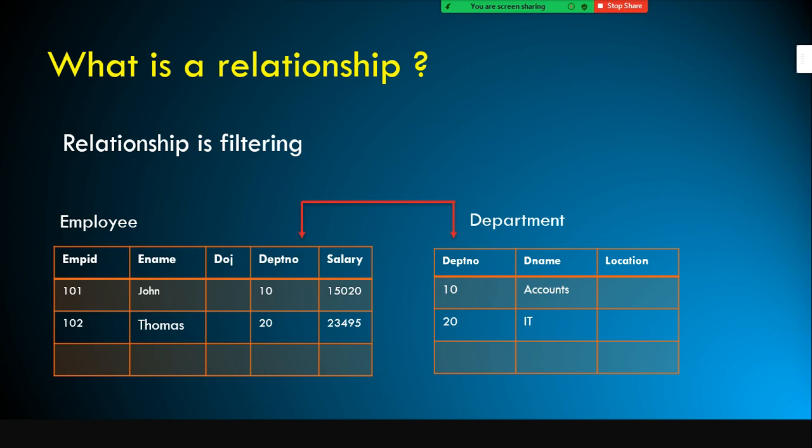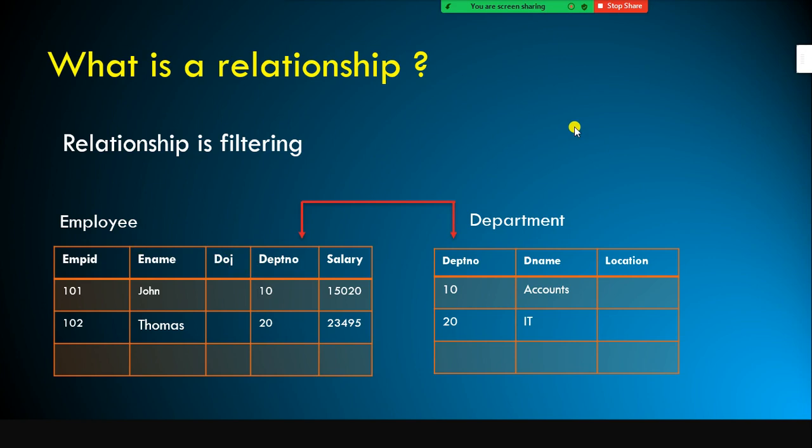So as part of data modeling, the relationship is very important. We need to make sure that we are linking the correct columns between the tables. In Power BI, we will link these two tables using department number. Supposing we have project number, we need to link this table with the project table's project number column.